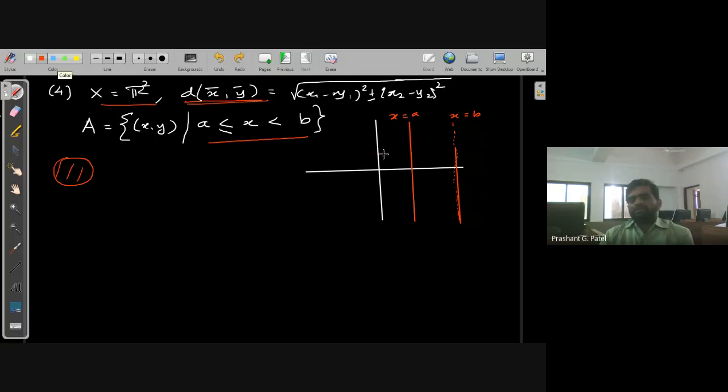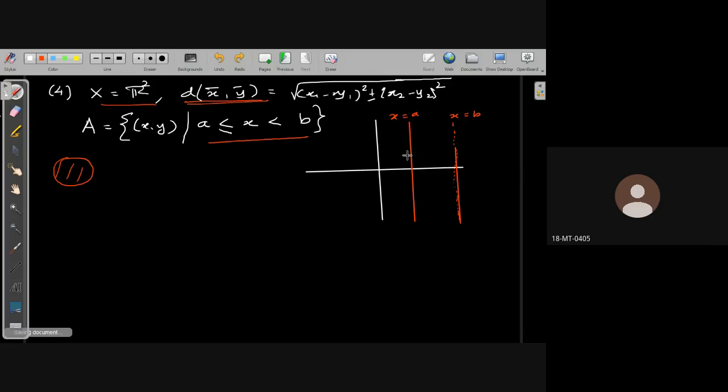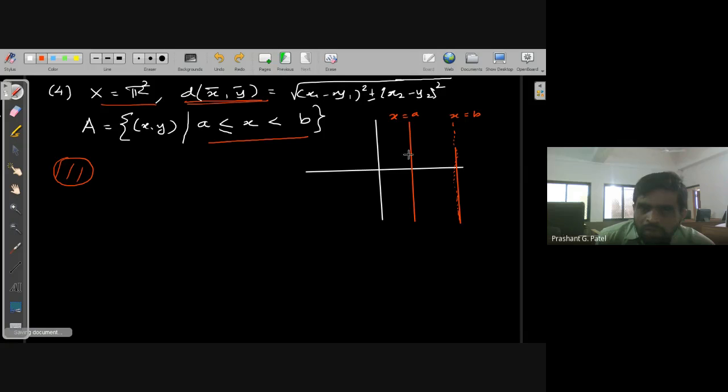So which point are you talking about? All points. All the points on x is equal to a. That is the proper way to say that.